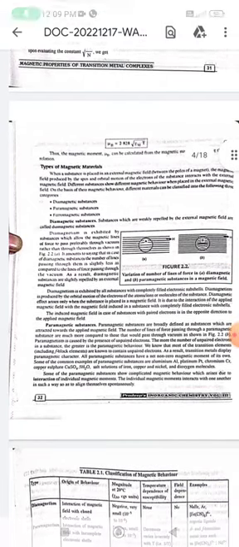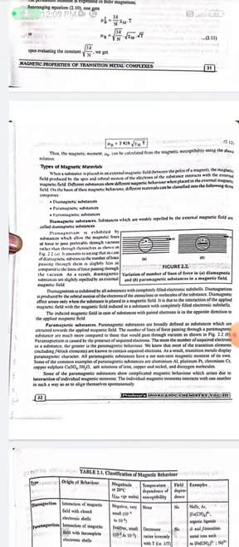Diamagnetic substances. Substances which are weakly repelled by the external magnetic field are called diamagnetic substances. Diamagnetism is exhibited by the substances which allow the magnetic lines of force to pass preferably through vacuum rather than through themselves, as shown in figure 2.2a. It amounts to saying that in case of diamagnetic substances, the number of lines passing through them is slightly less as compared to the lines of force passing through the vacuum. As a result, diamagnetic substances are slightly repelled by the external magnetic field.